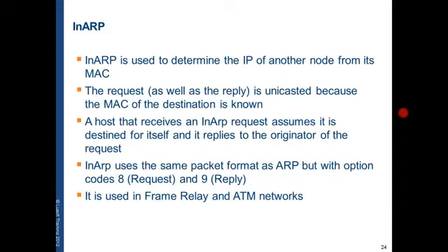So to sum it up, for ARP, we know the IP, but we do not know the MAC. For RARP, we know our own MAC, but we don't know our own IP, and we're trying to get it. And in InARP, we know the remote MAC, but we don't know the remote IP. So the difference between InARP and reverse ARP is that we are detecting the IP from the MAC, but for reverse ARP we do it for ourselves, and in InARP we do it for a remote host.